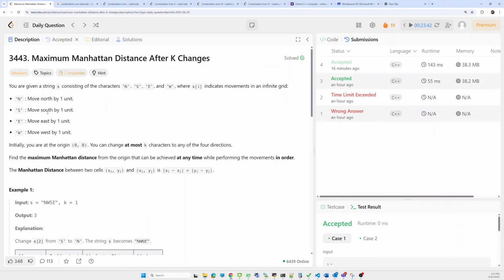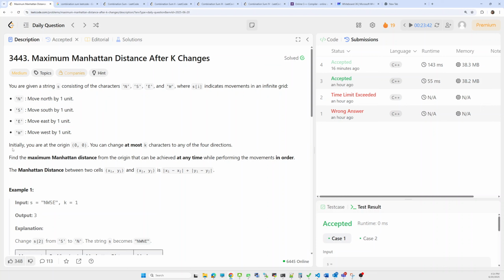S means we can move in the south direction by 1 unit. Similarly, for east we can move in the east direction by 1 unit, and west by 1 unit. Means consider there is an x-axis and a y-axis. If there is an n, the amount of x is increased, or for south the amount of x is decreased, kind of.